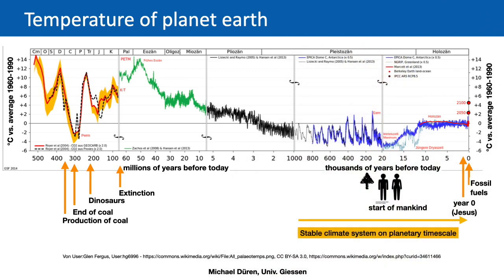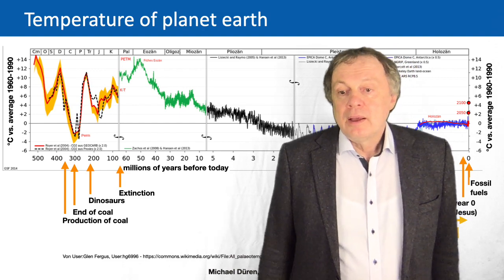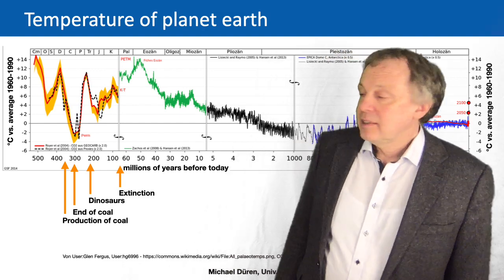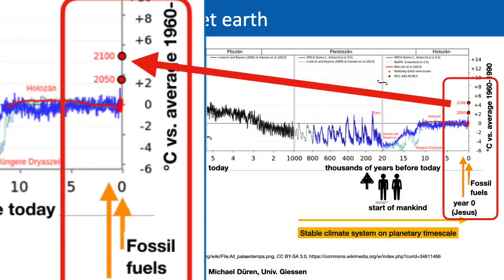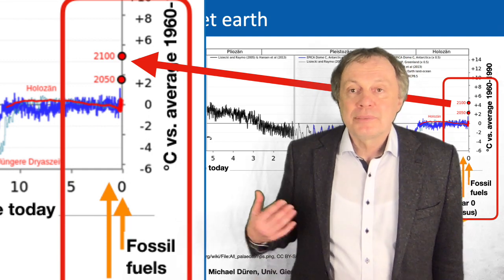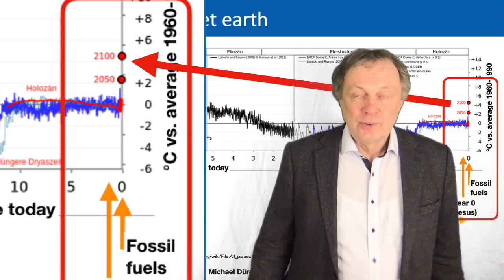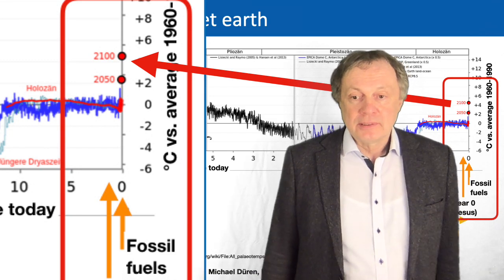On the very right you see approximately 0. In the last, let's say, 10,000 years we had almost the same temperatures. Very stable situation, very nice weather. In the last years temperature is rising, and at the very right on the end of the scale you see that the predictions for the next 50 and 100 years are that temperature is rising. That is what we call the anthropogenic global warming, but we will come later to that.